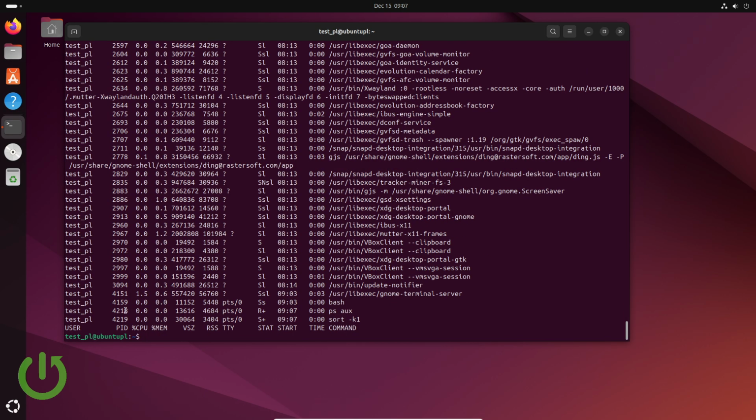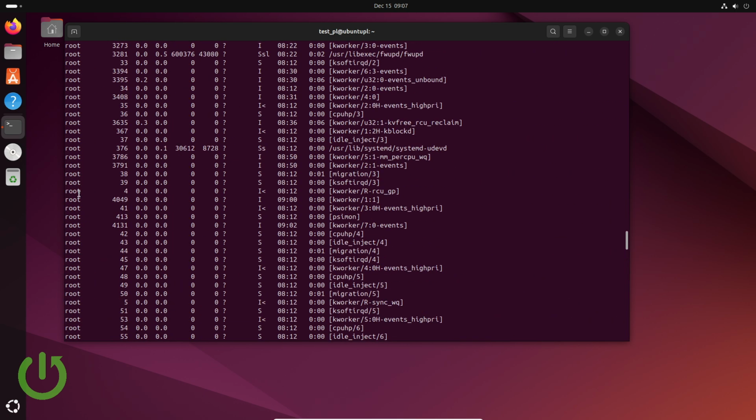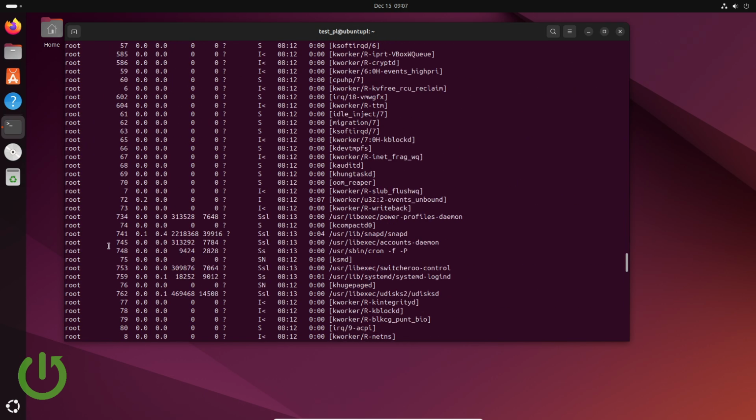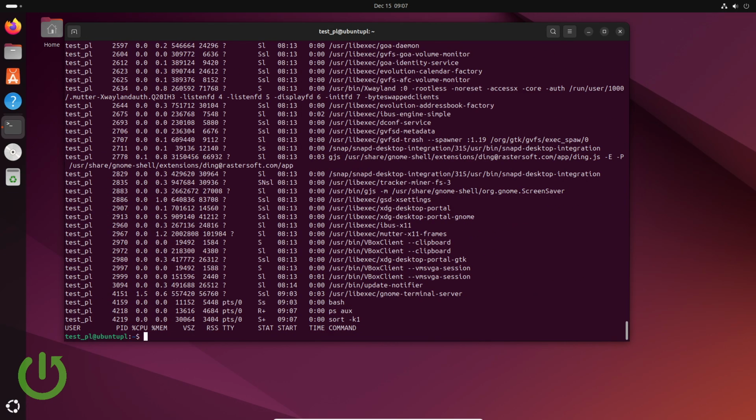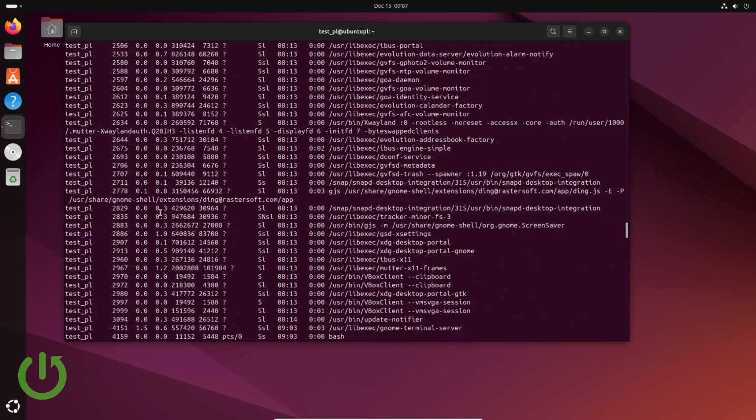Yes, it is working. As you can see, our test.pl is at the end, then it is root, and the users starting with A are at the beginning, then C, G, and K. As you can see, it is working, and we can do it with whatever column you want. I guess, for example, 4. I guess 4 is the memory usage,